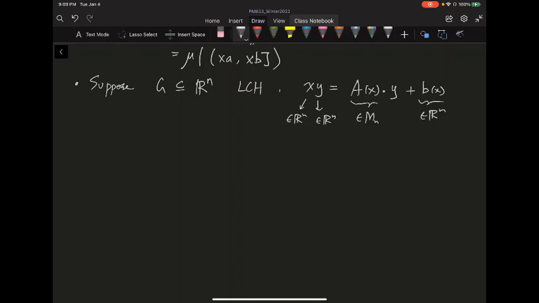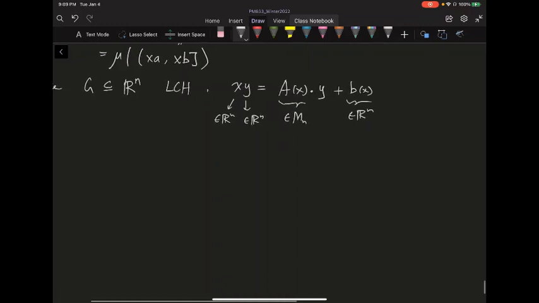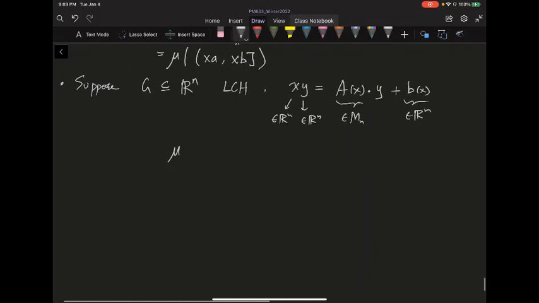So essentially, what you do is a change of variable formula, but the formula becomes the following. If I want to tell you what the Haar measure is, it's essentially the following. The mu of C is going to be the integral over E of 1 over the determinant of A of x. Okay, so A of x looks like the Jacobian matrix of this transformation. And of course, you take the absolute value, and then you multiply by dx1 up to dxn,